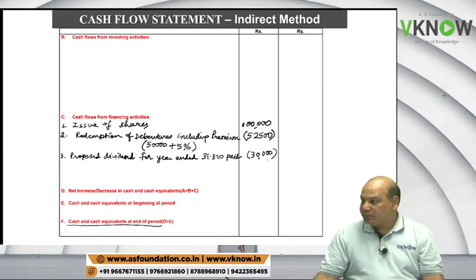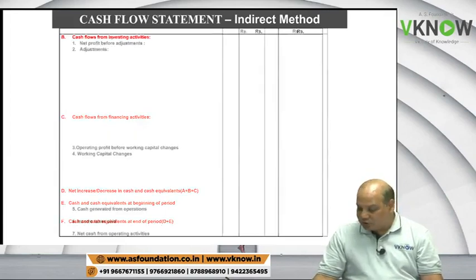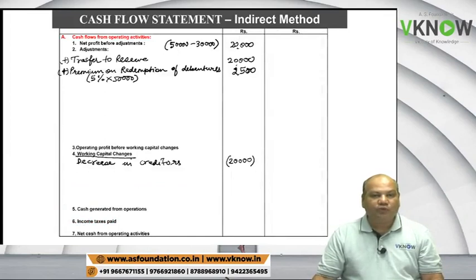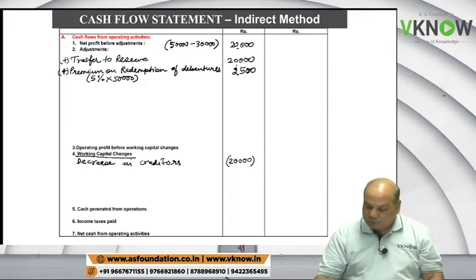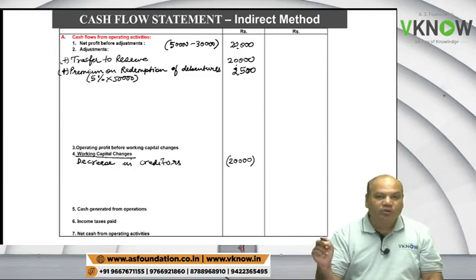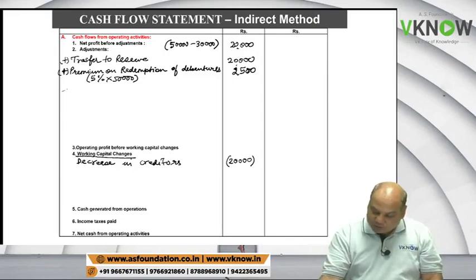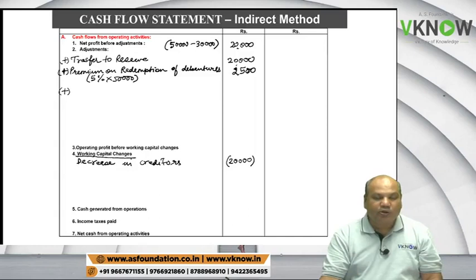Last year paid. And this year provision for proposed dividend was made. Entry is P&L account debit to proposed dividend. P&L account debit, add back, because proposed dividend is to be shown in financing activity. So come to point number A, adjustment. In adjustment you will show proposed dividend